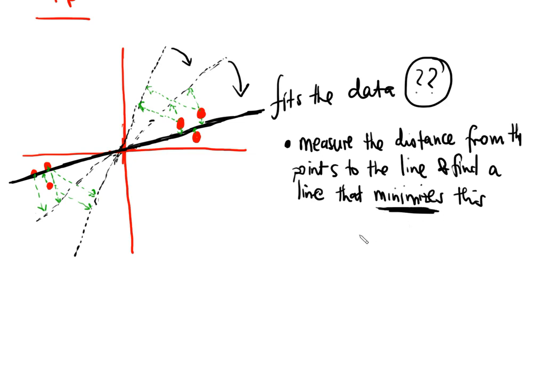And you know that when you're saying from a point to a line, you have to do it at 90 degrees. You draw a 90 degree line from the line to the point. So we can measure the fit of the data using that. Or a second method is by maximizing